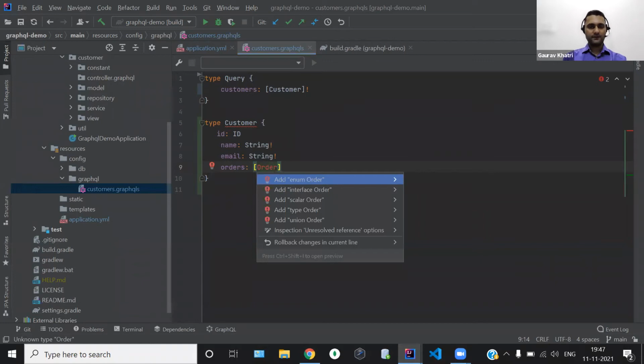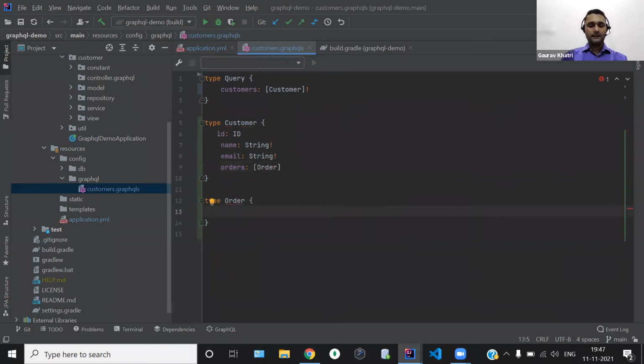Again, we will define the Order data type using the type keyword, Order. And in this, again, we will define some properties, called id. Then we will have customerId as ID again. Then we will have, let's say, the total quantity of that particular order, so quantity, and we will use the data type Int, non-nullable.